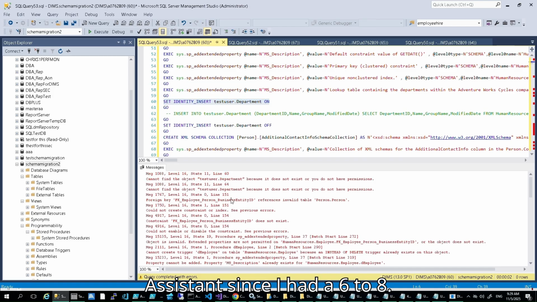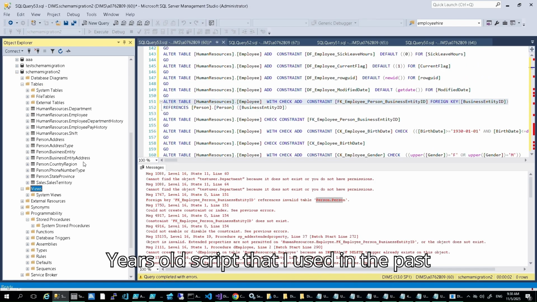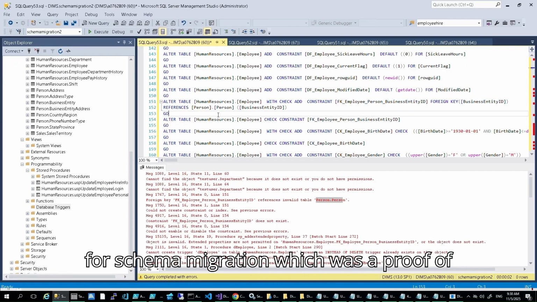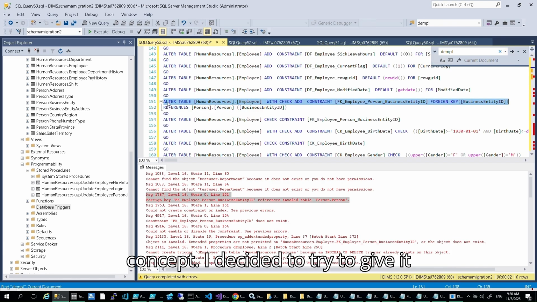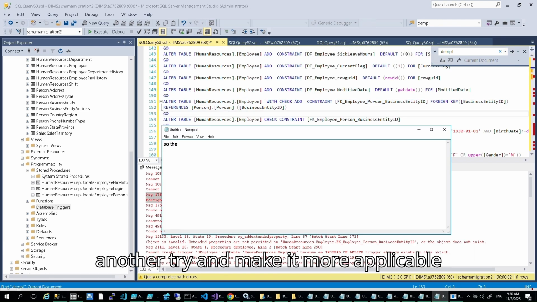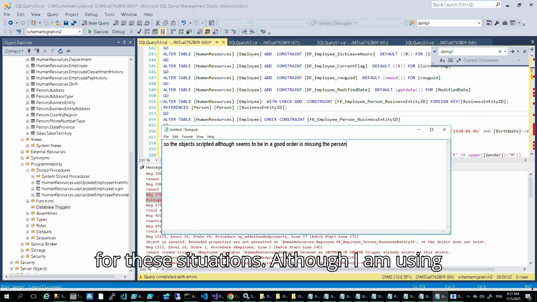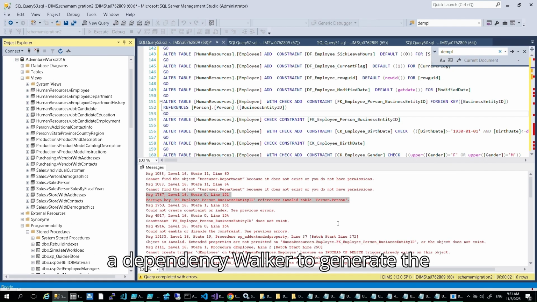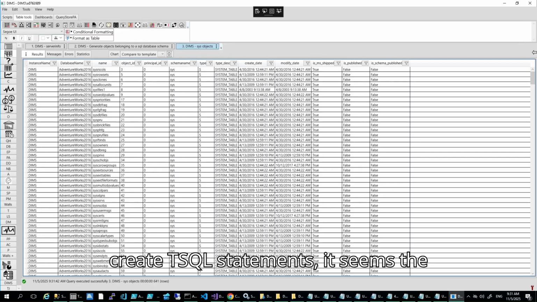Since I had a 6 to 8 years old script that I used in the past for schema migration, which was a proof of concept, I decided to give it another try and make it more applicable for these situations. Although I am using a dependency walker to generate the create TSQL statements,